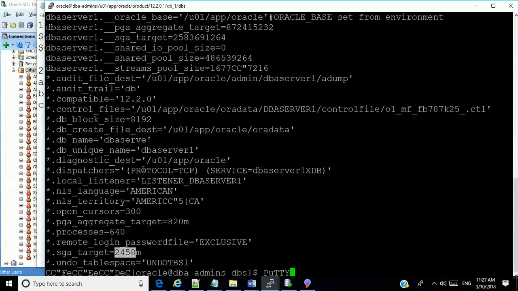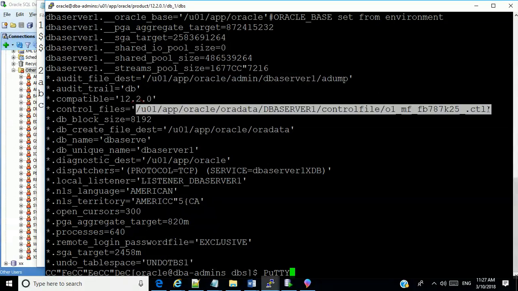And it's very important you understand this stuff when you are tuning tomorrow, or maybe you want to reduce the memory or you want to increase the memory. You have to modify this parameter in the parameter file. Okay, you can see the name of the DB. Okay, you can see the location of the control file. Okay, without this location, there's no way Oracle can open the database. The database cannot be mounted.